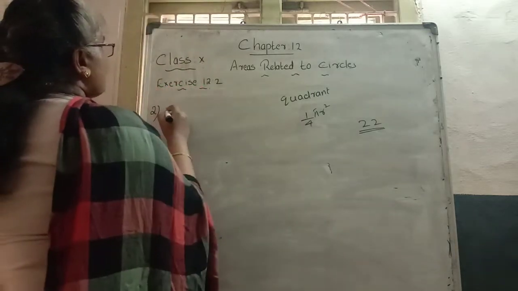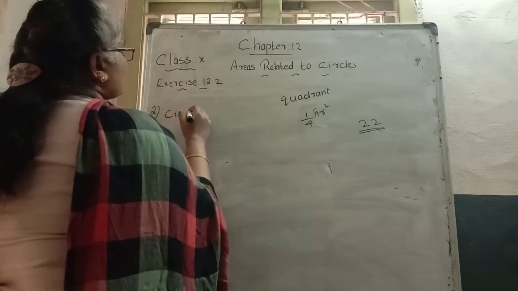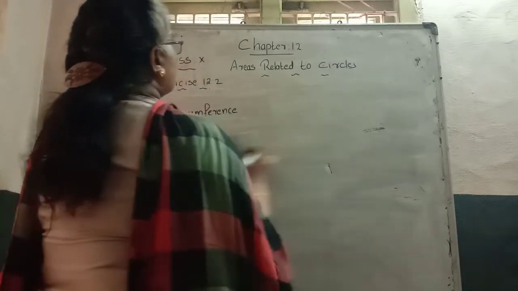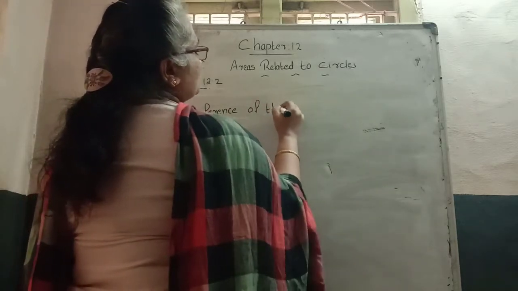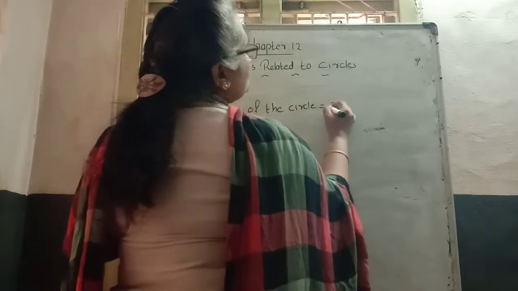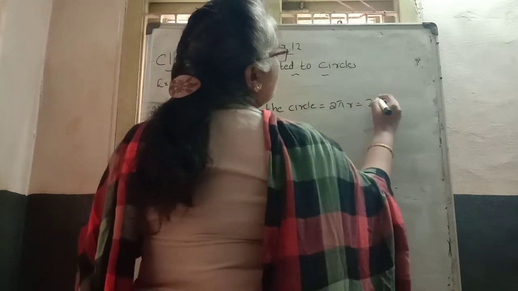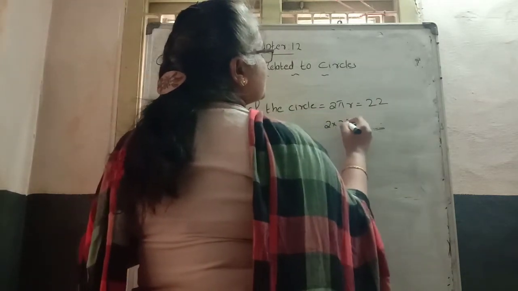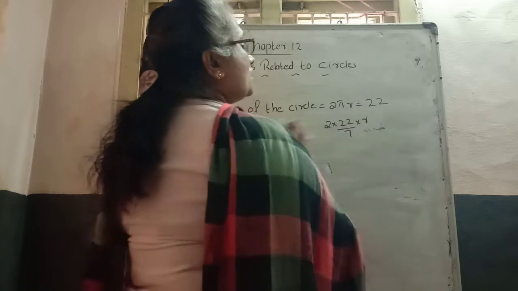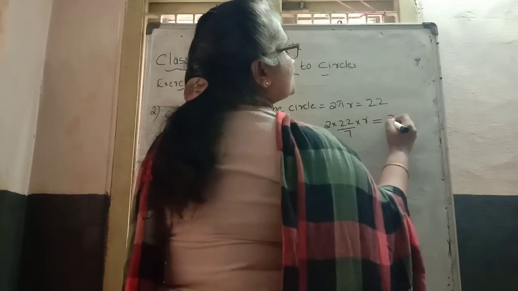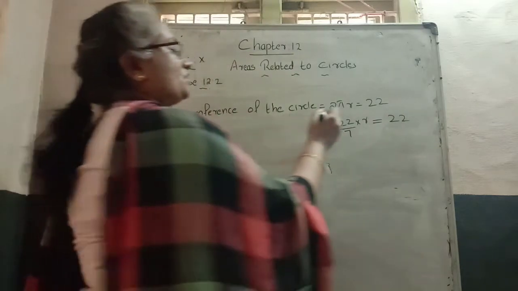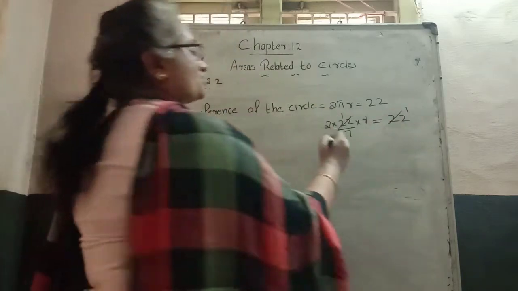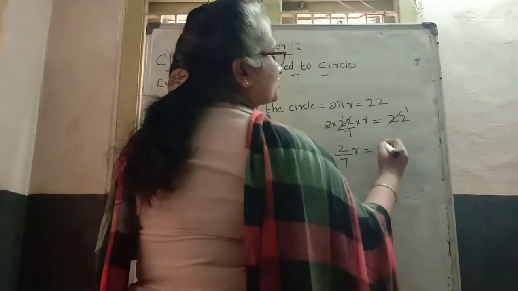So in the second question they gave the circumference of the circle, so we start with the circumference. What is the formula? 2 pi r. The value is 22 centimeter. Substituting in the formula, pi is 22 by 7. The r value we don't know, and our aim is to find the r value. On the right side is the number 22, and 22 on the left side, so 22 table 22 one time only. So 2 by 7 r is equal to 1.